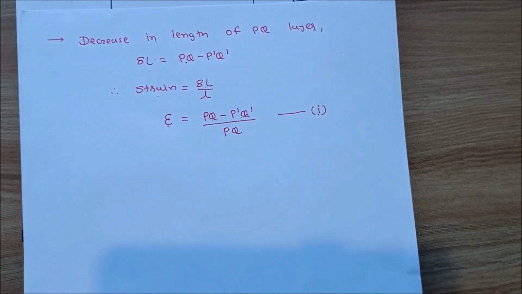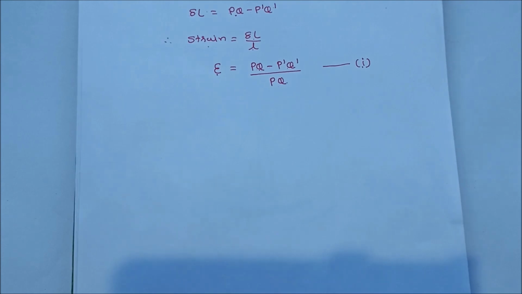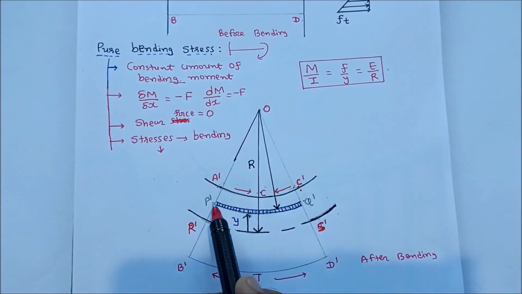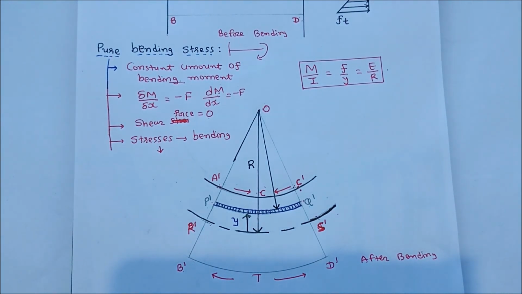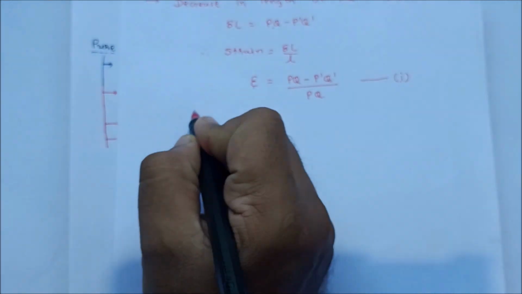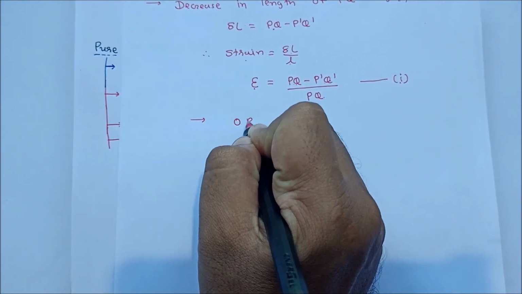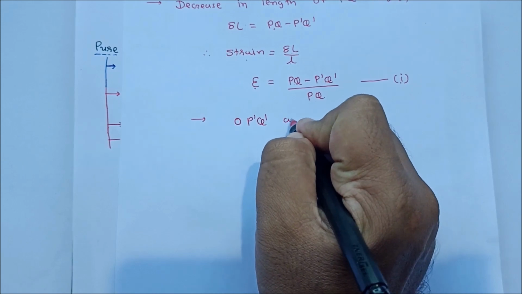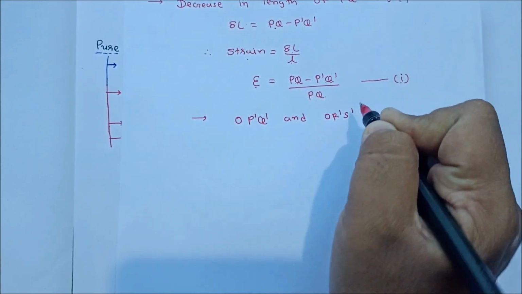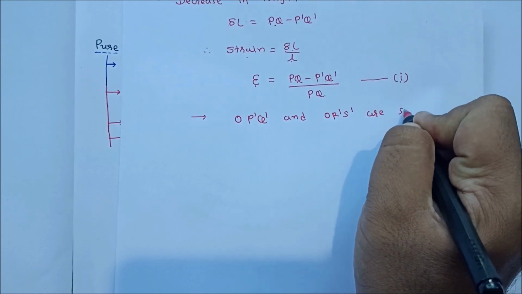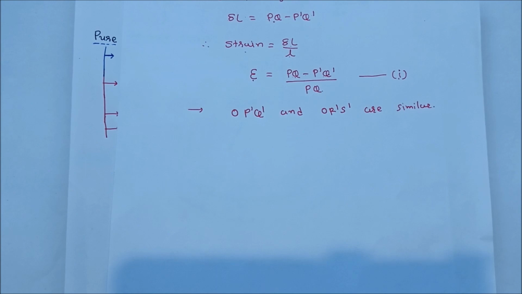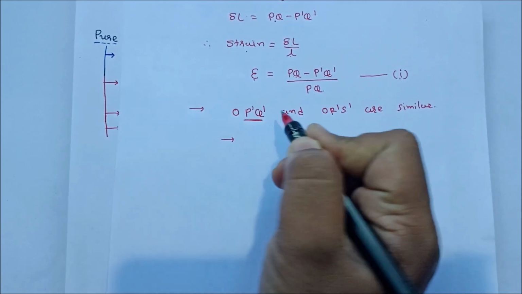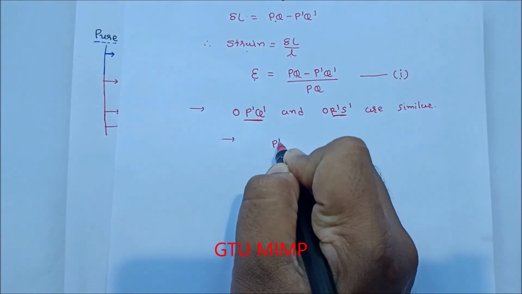So we get our first equation: strain is equal to PQ minus P dash Q dash divided by PQ, equation number 1. Here from the figure we can clearly see that the sections O P dash Q dash and O R dash S dash are similar. So by CPCT, ratios are always equal. So we can write that P dash Q dash divided by R dash S dash